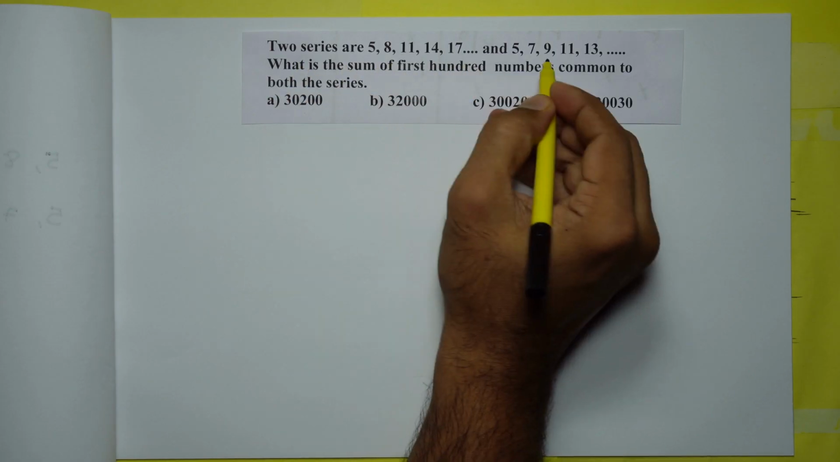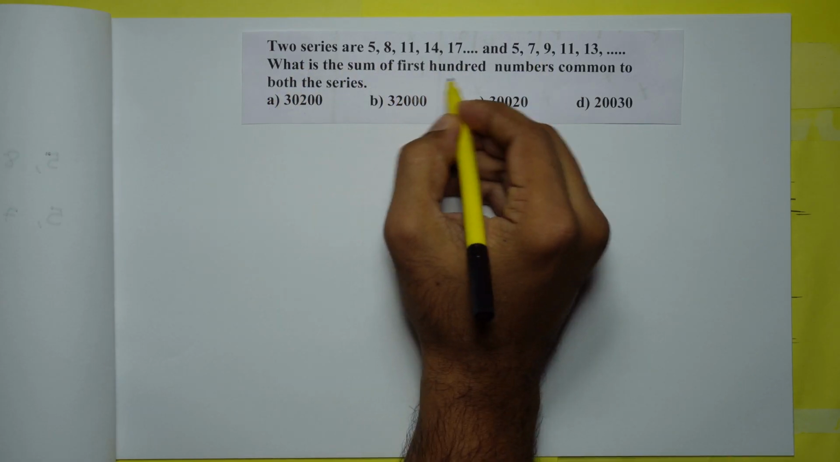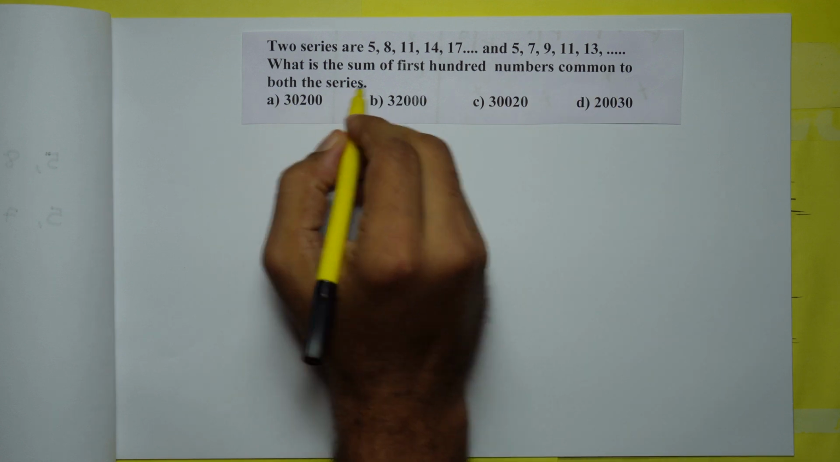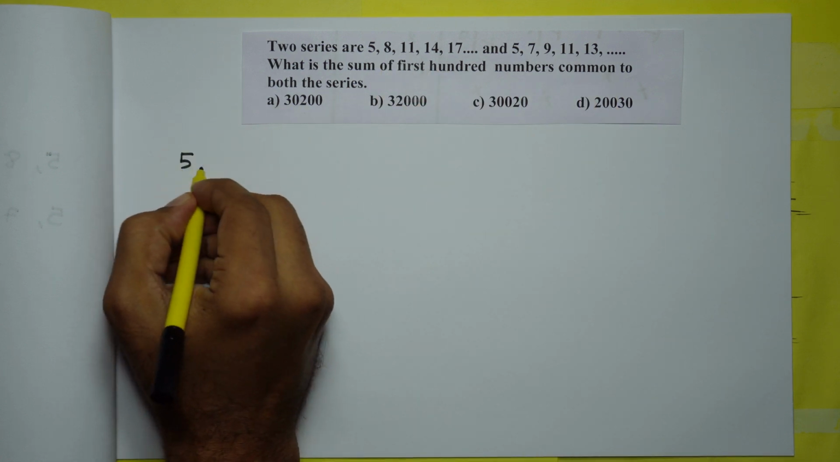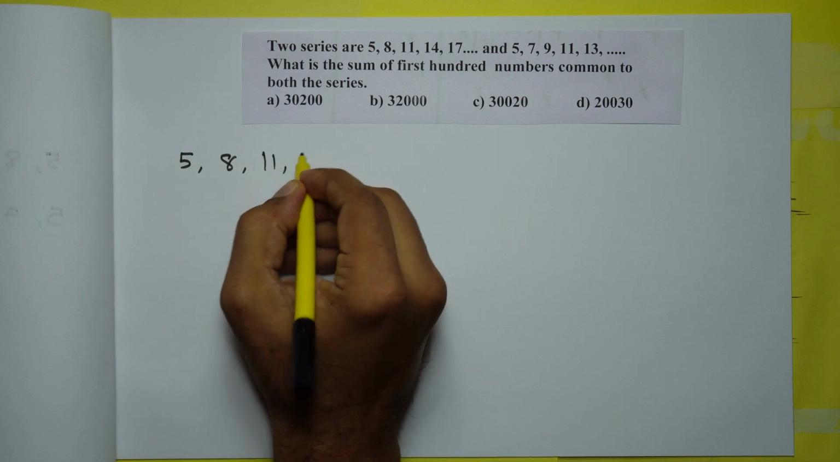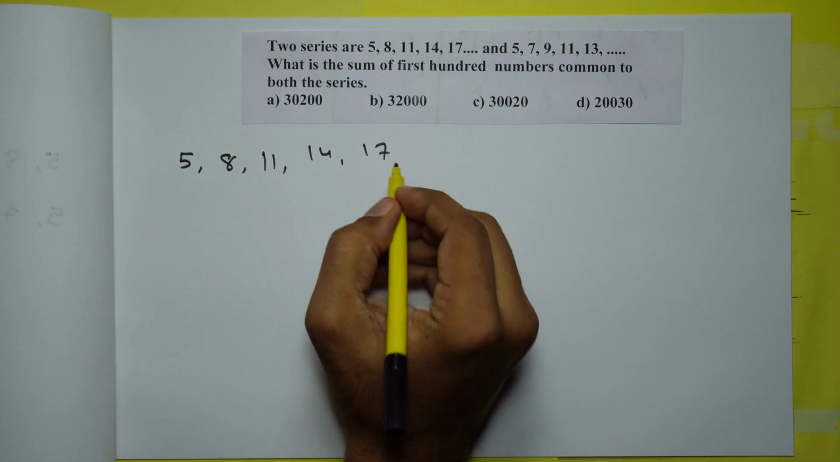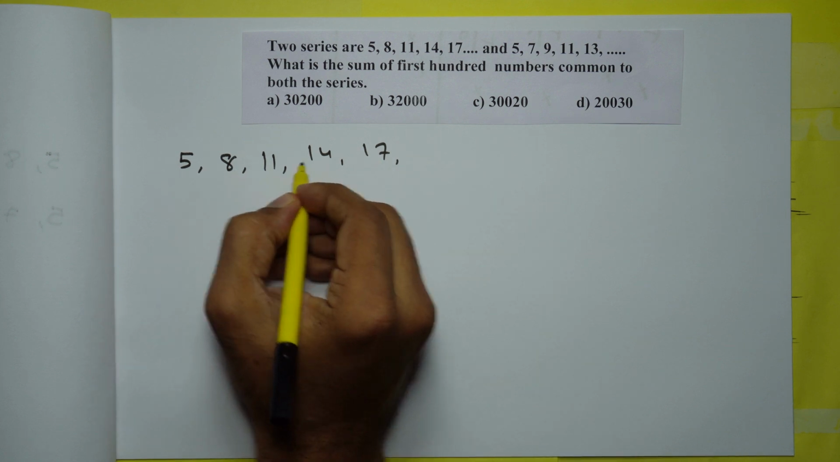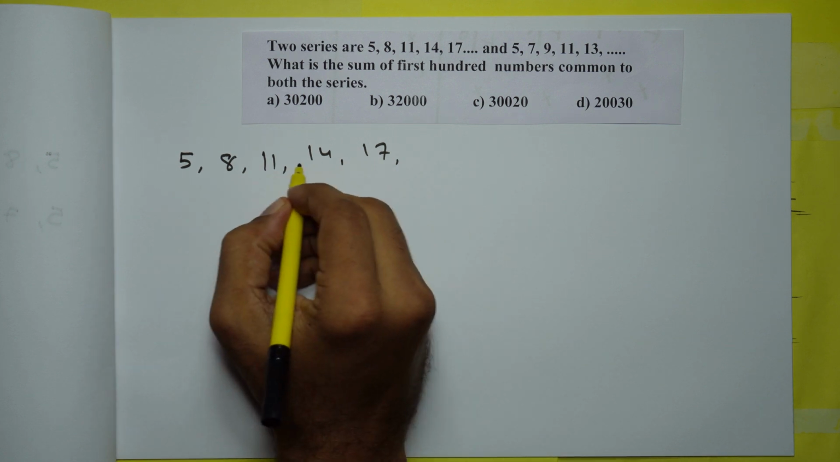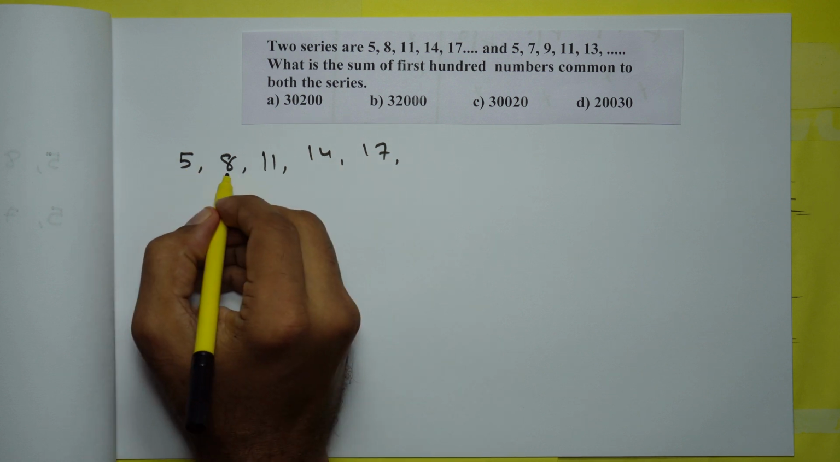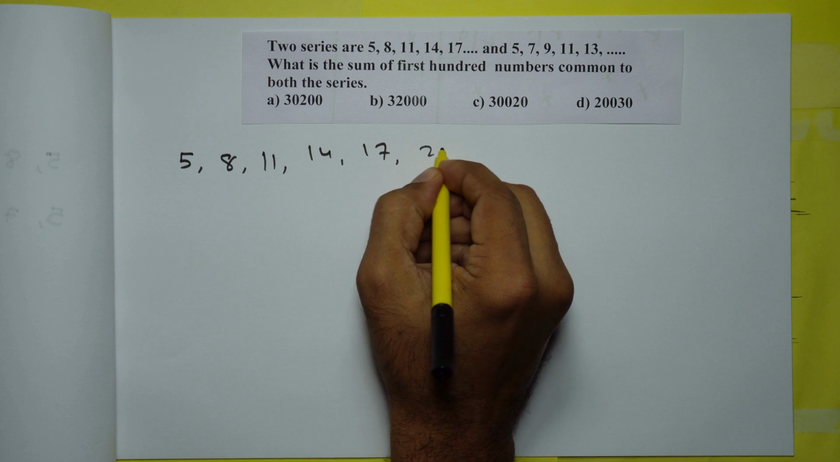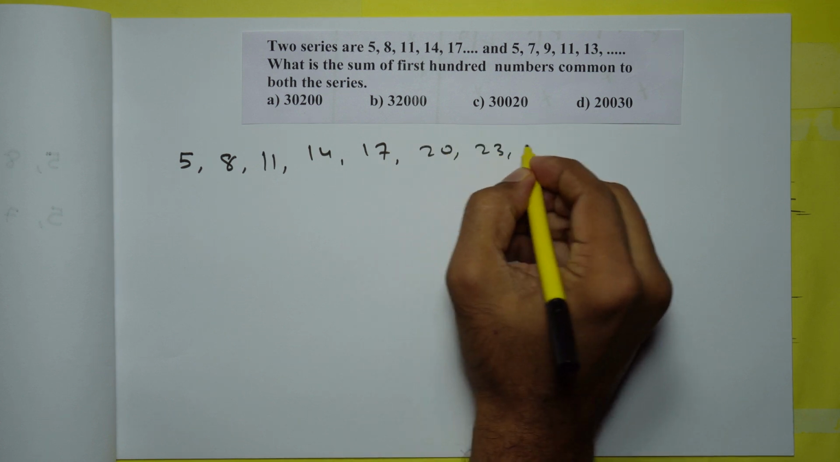2 series are given. What is the sum of the first 100 numbers common to both the series? So I'll write down the series here: 5, 8, 11, 14, 17 and so on. So I'll just continue with the series. Each number is obtained by adding 3 to the present number. So 5 plus 3 is 8, 8 plus 3 is 11 and so on. So 17 plus 3, 20, then 23,